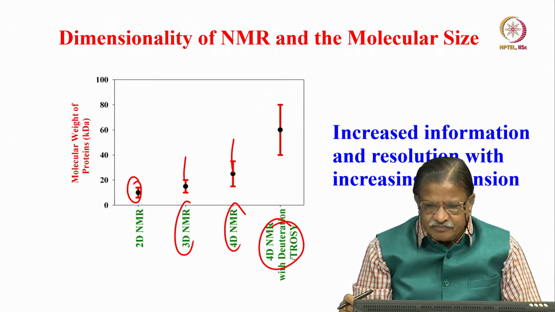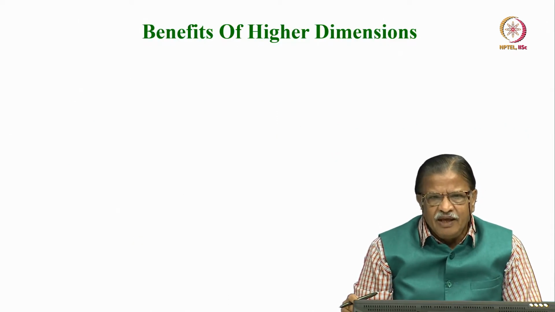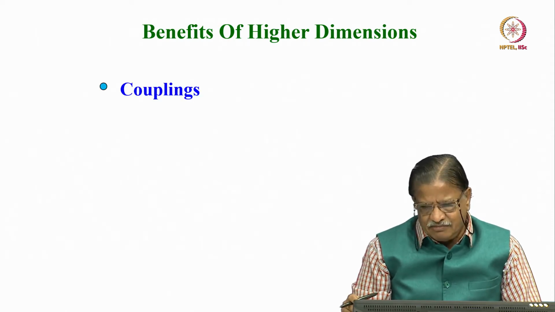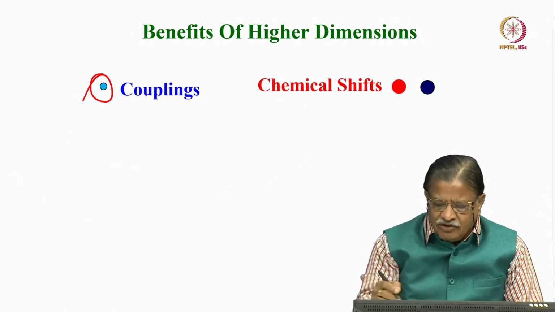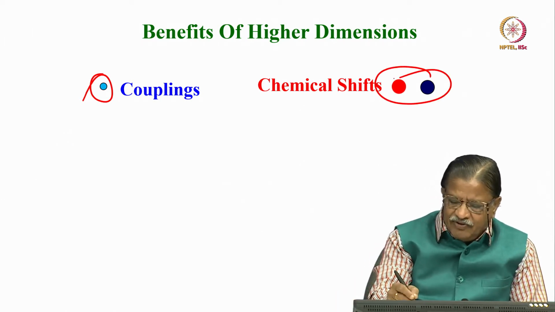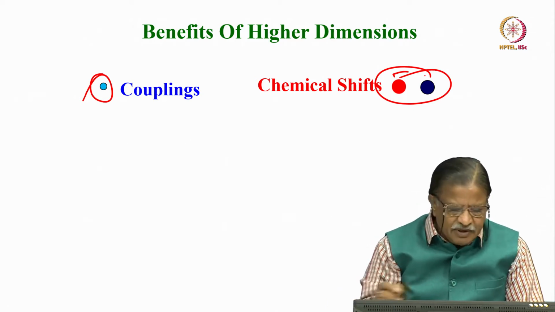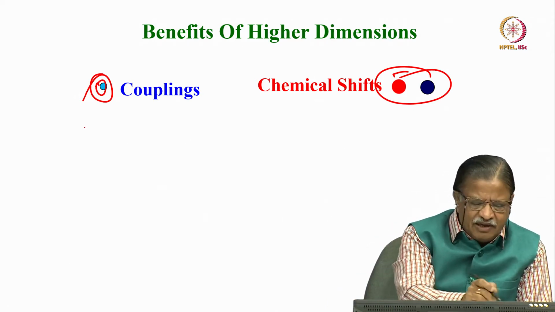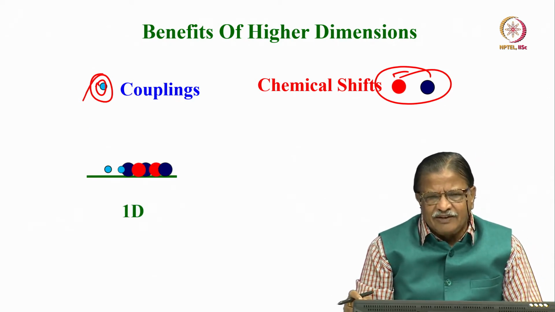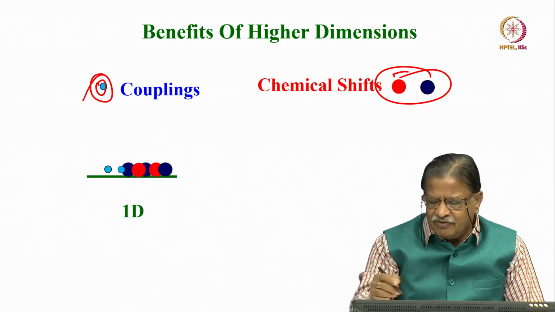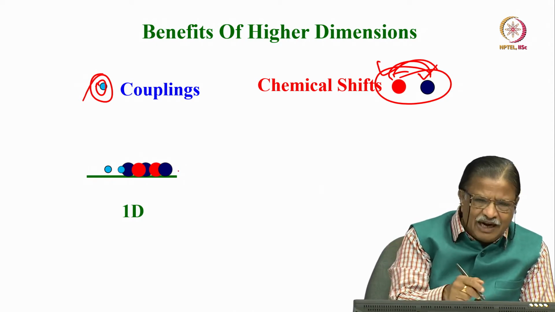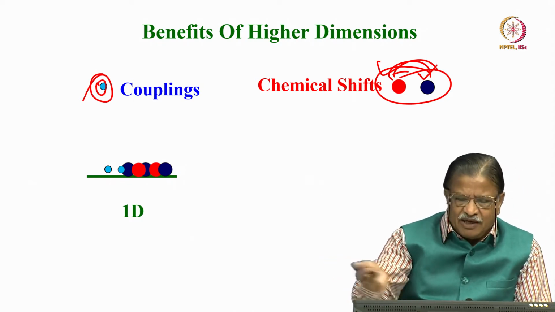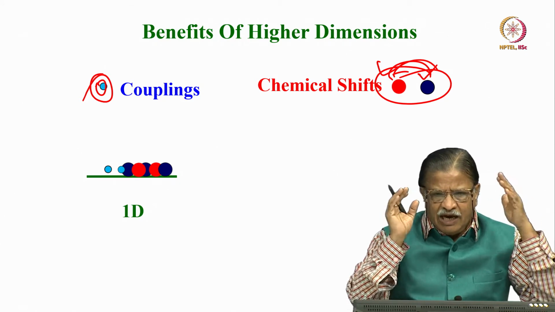That's what we discussed. Now I want to tell you one thing today. What is the benefit of going to higher dimensions? I can show you like this. Let us say we have couplings, which are already present. I also have chemical shifts for two different nuclei, which I have given different colors, blue and red. The couplings are very small, the interaction strength is small, so small balls are drawn there. Now let us say the 1D spectrum has different, chemically inequivalent nuclei of the same molecule, because different nuclei you cannot separate in the same 1D spectrum.